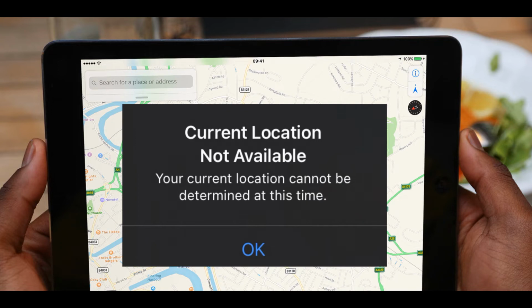Some users have said that they see a pop-up message saying "Current location not available. Your current location cannot be determined at this time" when they want to use location services. This error message indicates that location services on your iPad is not working, and it is important to fix this